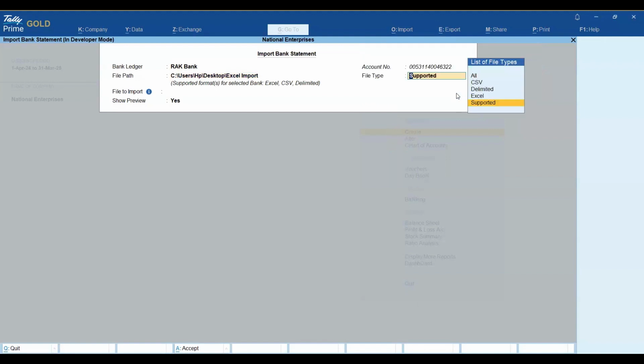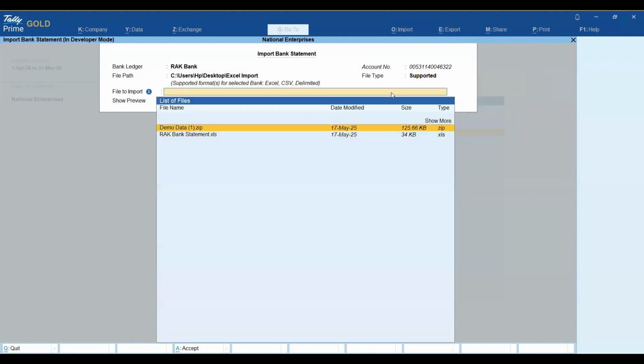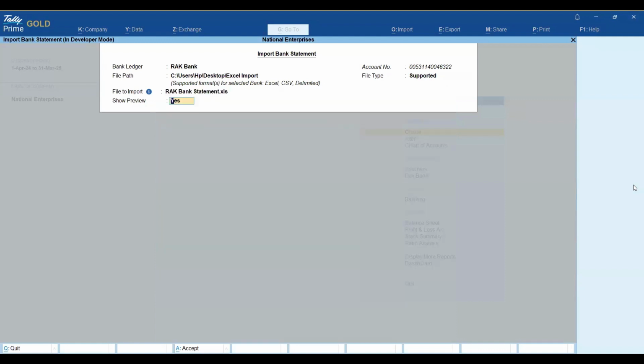So Tally will automatically show what types of files you can try for importing, like all CSV, or if it is in Excel, all supported formats. See here, Tally shows what are the files in the Excel sheet, that is, the files in that particular folder. So I can see this bank statement.xls file is there, and before importing, it will ask you whether you want to show a preview. It will show what values are in the Excel sheet to be imported. So if I give yes